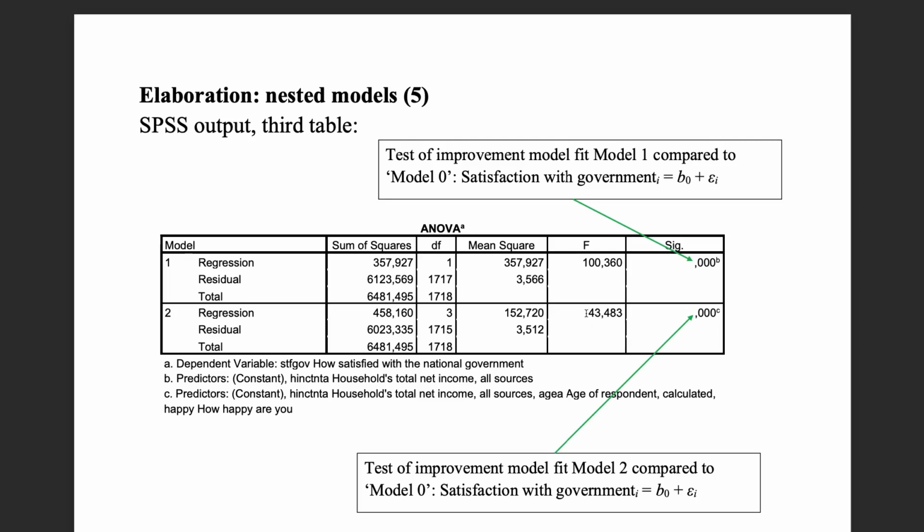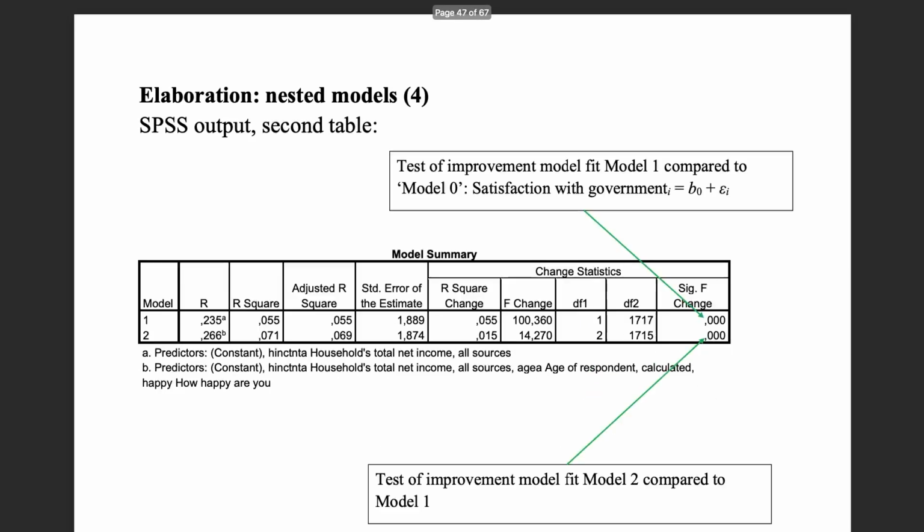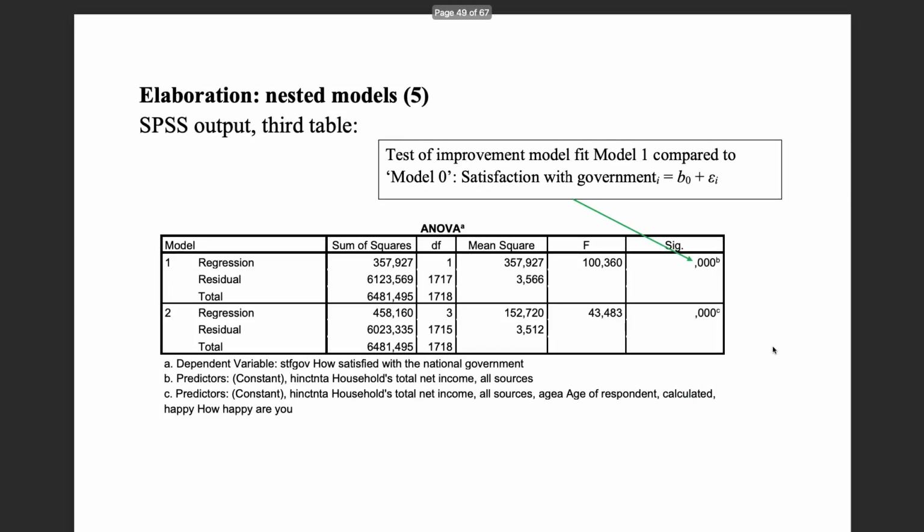Now you also see that for this null hypothesis, we get an F value of 43.483, which is really also a completely different value from the F change value that we got for the second model, because that tests a different null hypothesis. So it is really important to always be aware of what the formal hypothesis is that I'm actually trying to test. What is the exact null hypothesis and the alternative hypothesis? Because that has implications for what is the correct test statistic that I need to calculate or let SPSS calculate